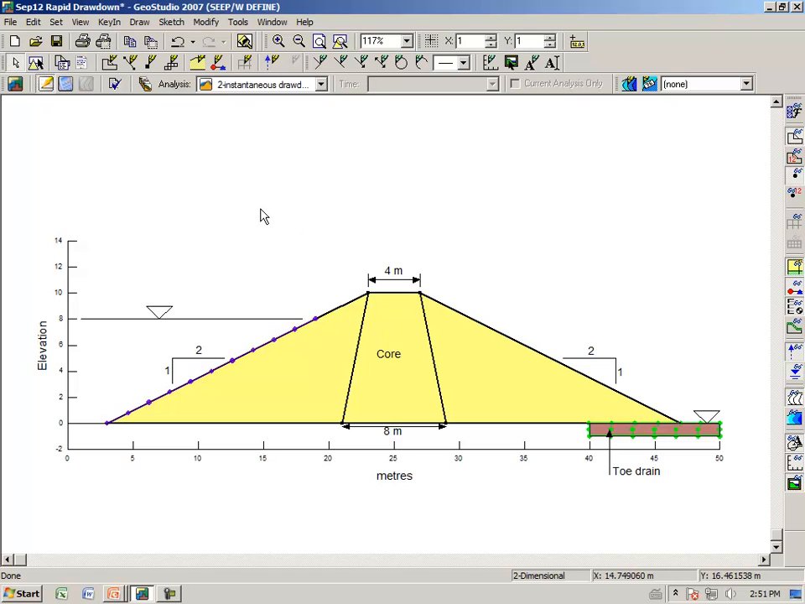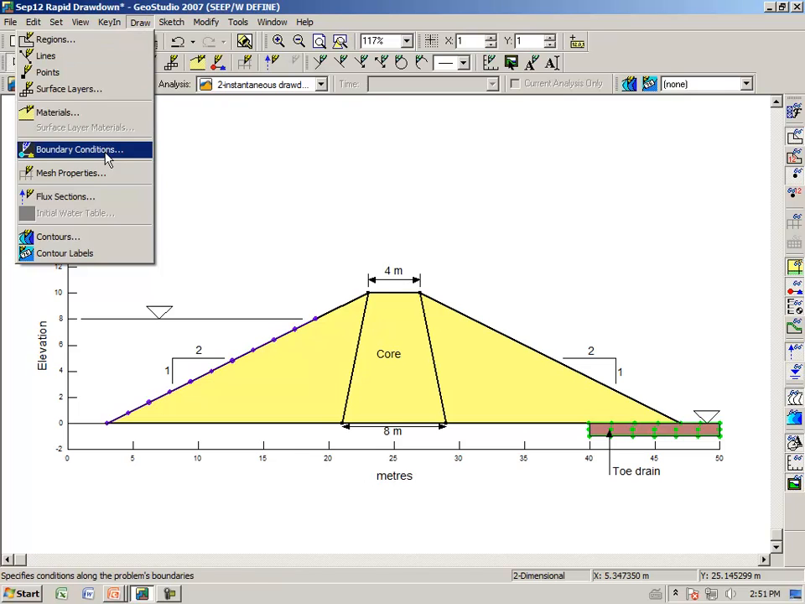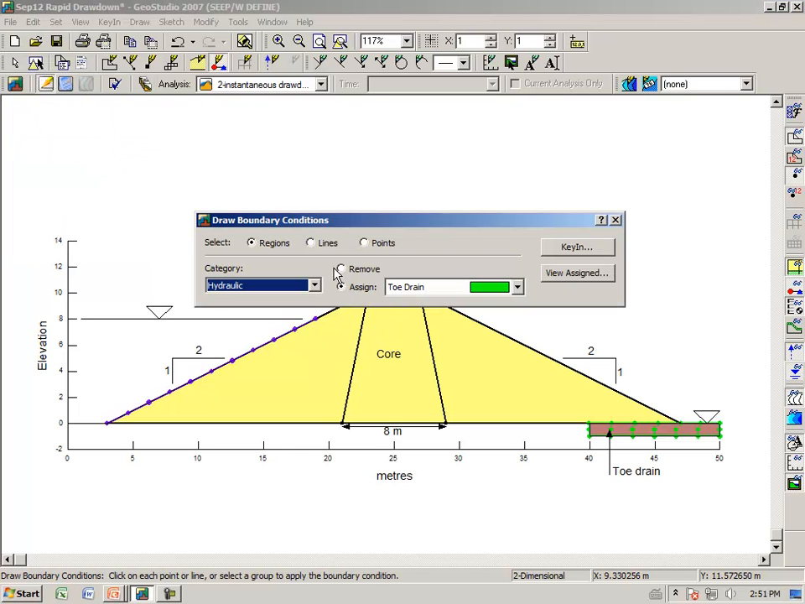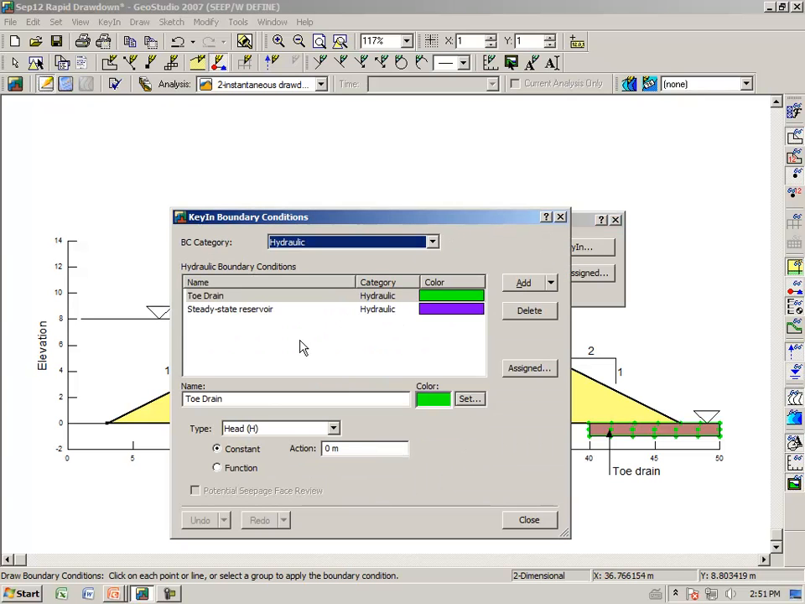The next step is to define the boundary condition which infers that the reservoir has been removed. We go to draw boundary conditions, and remove from a line the upstream boundary condition. Now we want to assign a new boundary condition, but we only have 2, so we need a new boundary condition. There are several ways of doing this, but I'm going to do it a more methodical way by saying add